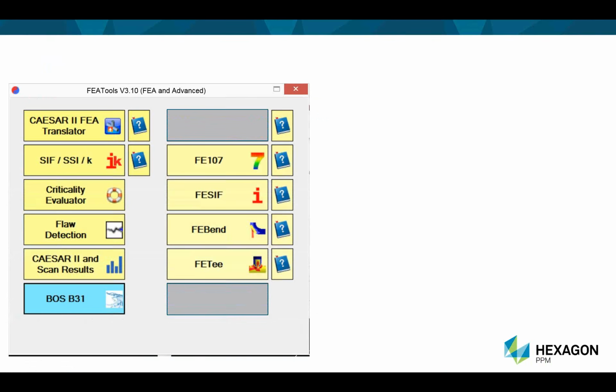So not only can you calculate very accurate SIFs and flexibilities for tees and bends, but there are additional utilities such as vessel and exchanger nozzles, flexibilities of those nozzles, also bends and trunnions when you've got trunnions on bends. API 661 header boxes are also addressed, in addition to allowable loads on nozzles and also on supports. So there are many things within version 3.1, but the BOS B31 utility,